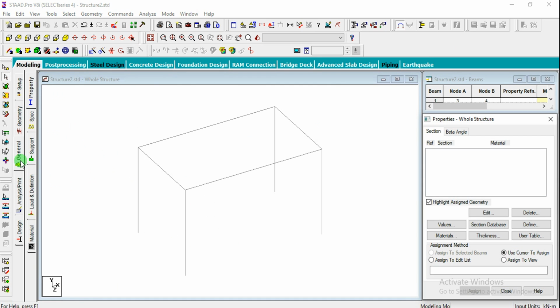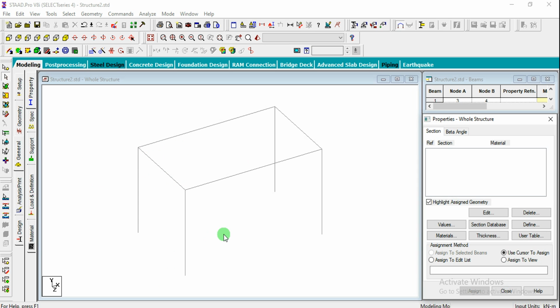Go to the general tab, where we need to assign the properties and support conditions, but before that we need to create the staircase here. To create the staircase you have to assume the starting position of the flights, where the mid landing occurs, etc. Let us assume that in this direction the staircase goes somewhere like this, and here we are going to get the landing, and from here it continues to the next floor. I have to create the mid landing at the midpoints of these. The second stair has to continue here and the first stair will be from the downward.